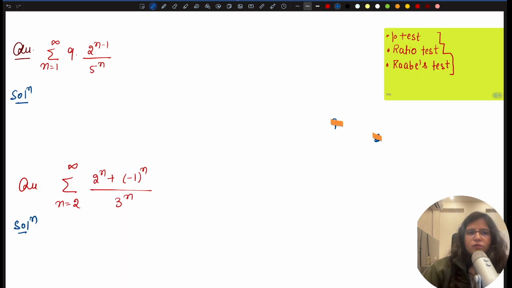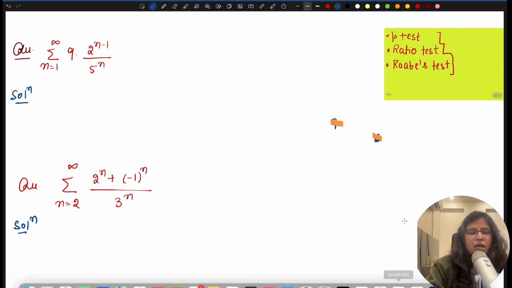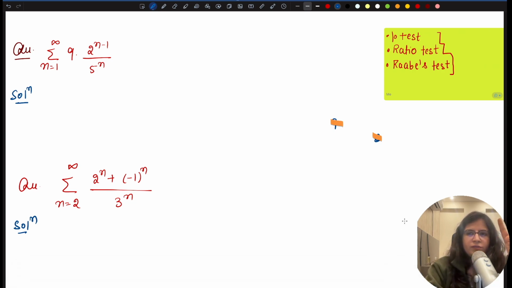Alright, let's continue. So today's topic of discussion is real analysis. I'll be covering three major topics here. One is the P test for convergence, ratio test for convergence, Raabe's test for convergence, है ना. तो this lecture is based on convergence of infinite series and this is from real analysis paper 2 section A. Okay, let's look at the very first question. This is the series given to us. I have to assess its convergence.